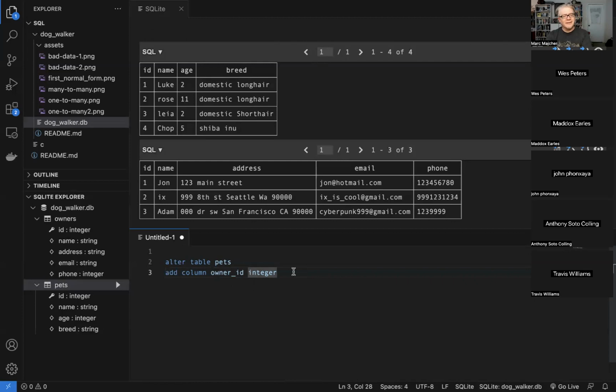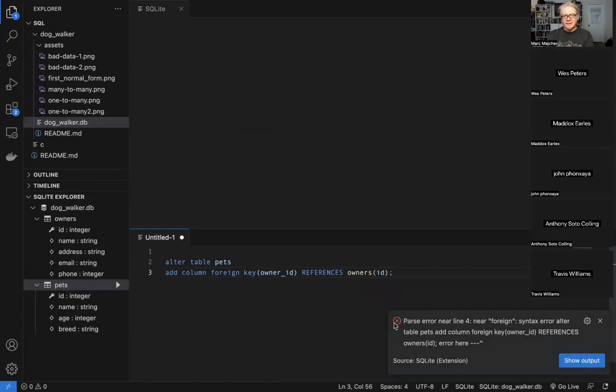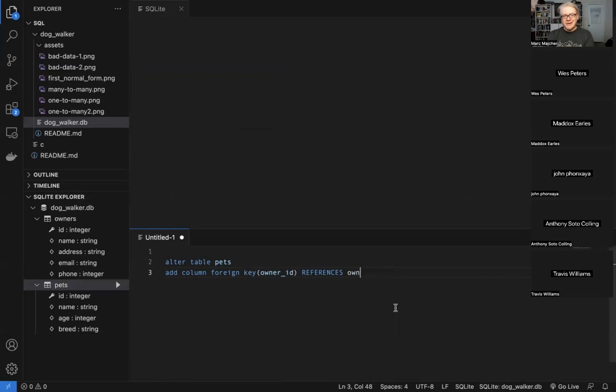Add column foreign key owner ID integer. Nope, I don't need to tell it's an integer. I just need to say references, maybe. Yeah, that looks right. References, then I say owner ID. I'm not convinced that's right. I'm on a 50-50 chance on it. Nope. Okay, cool. I want to go back and just add it to the table definition then. There's a way to do that. I don't want to look it up right now.